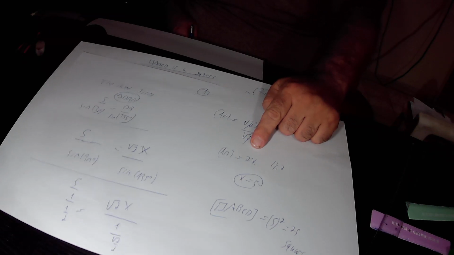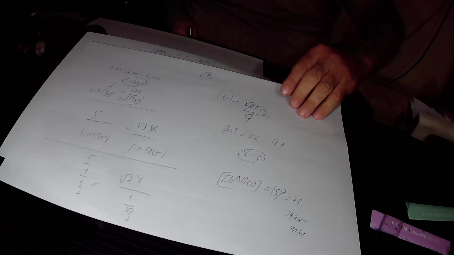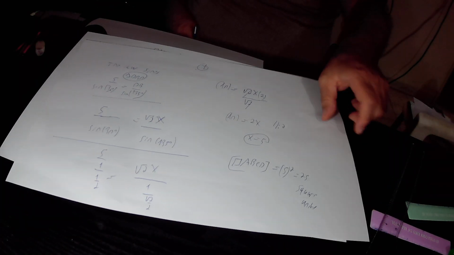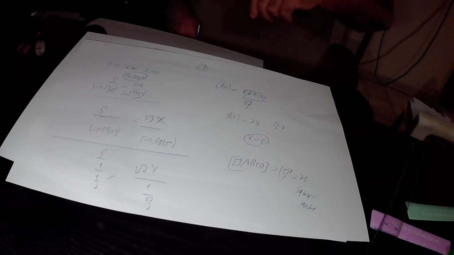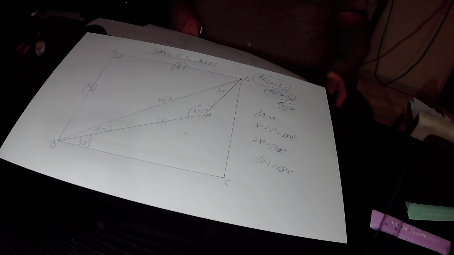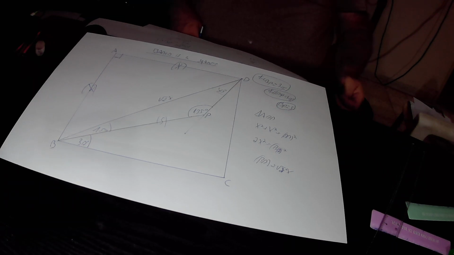10 equals 2x. Here we divide the equation by 2 and finally find that x, the length of one side of square ABCD, is equal to 10 over 2, which is 5. So the length of one side of square ABCD is equal to 5 units, and therefore the area of square ABCD, that is the solution for this question,